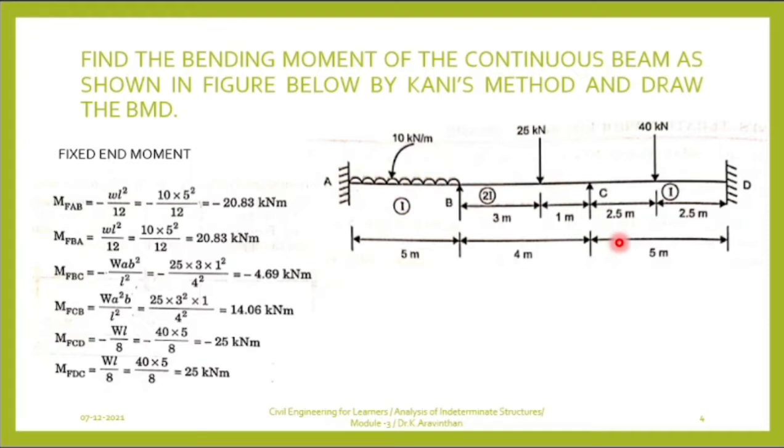But the title here is called rotational contribution. In the moment distribution method, you would have done distribution and carryover. Both are different, but here in this method, distribution and carryover will be taken care of by a single step. You know that the formula for AB, if it is a fixed end beam, is minus WL square by 12 and plus WL square by 12.